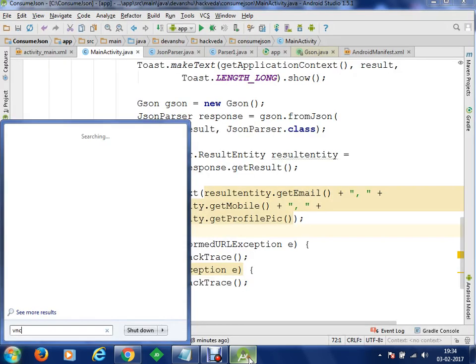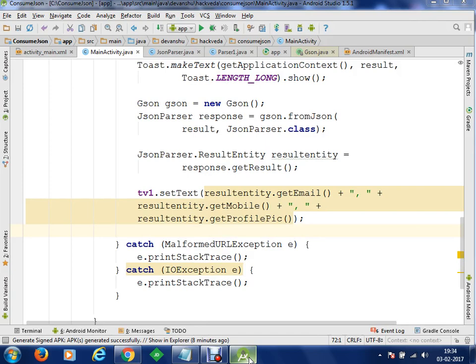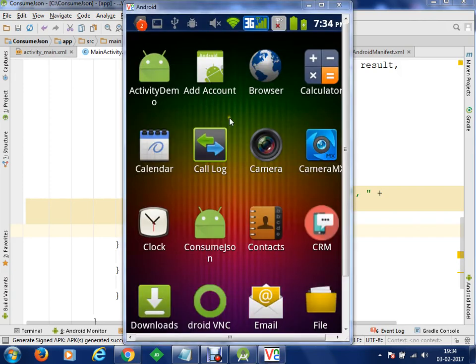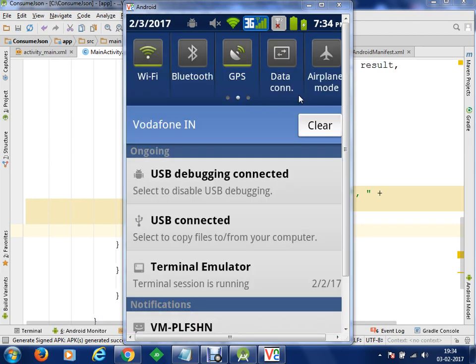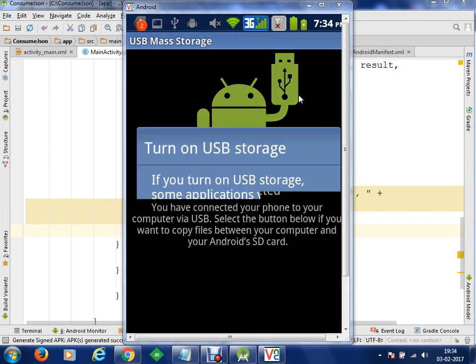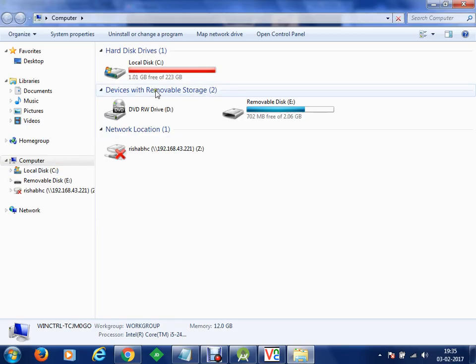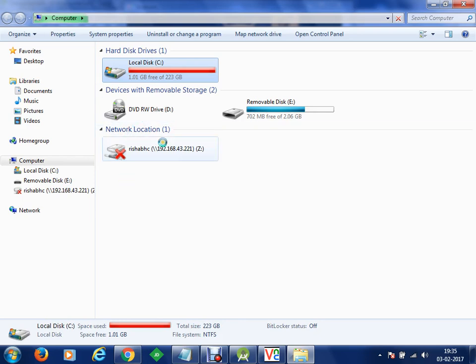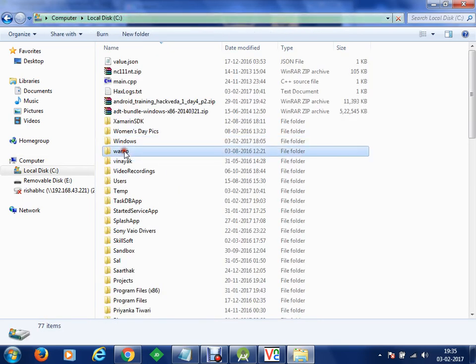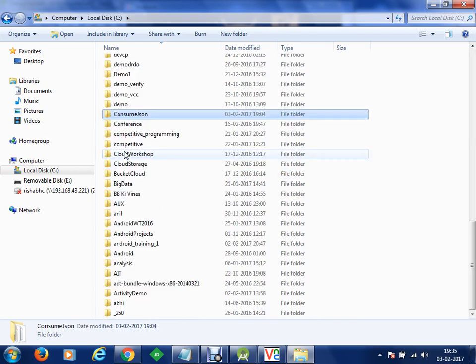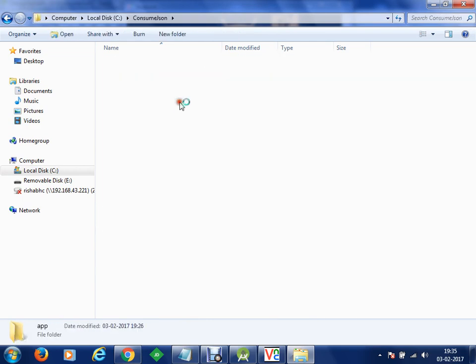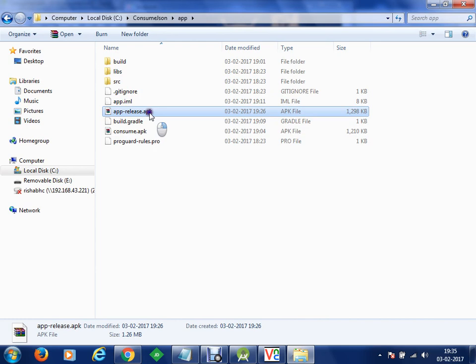So we'll go to our application. Let's start VNC viewer first so that we can test our application on the device. Let's just connect. Now we are going to turn on USB storage. Let's rename it to consume1.apk.